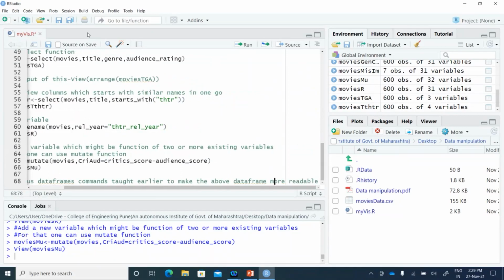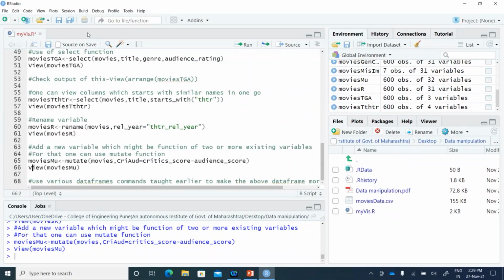And probably I want you to check how you can summarize the data frame, perhaps as per the critics rating or the audience rating and so on. Such various operations I want you to perform on your own and explore more. All right.